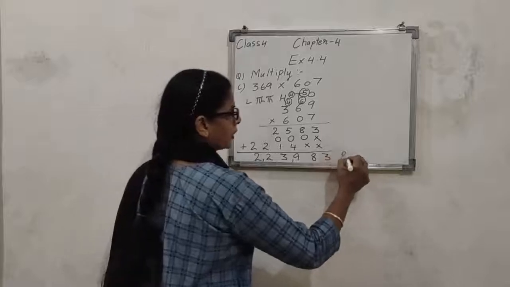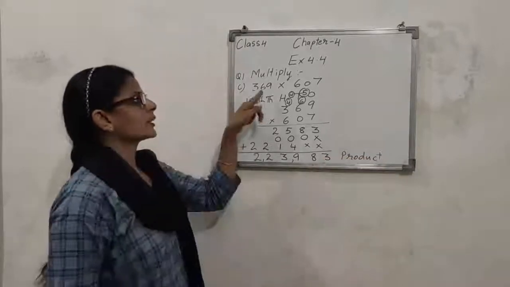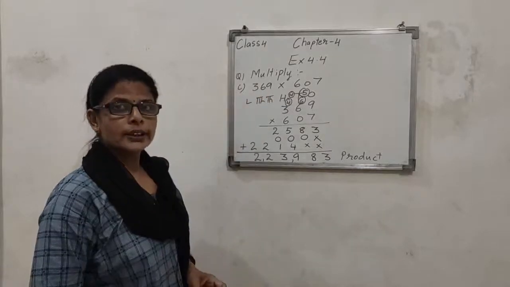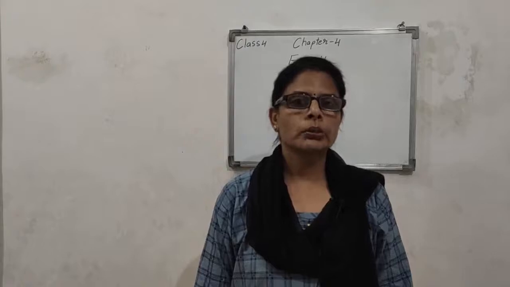2,23,983 is the product when we multiply 369 by 607. I hope multiplication by 0